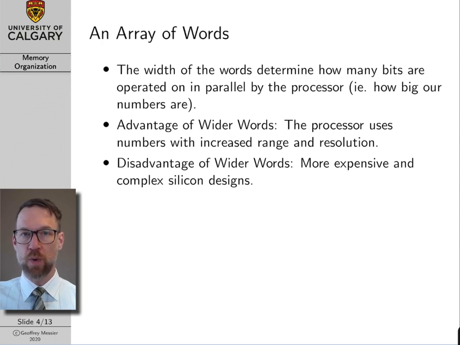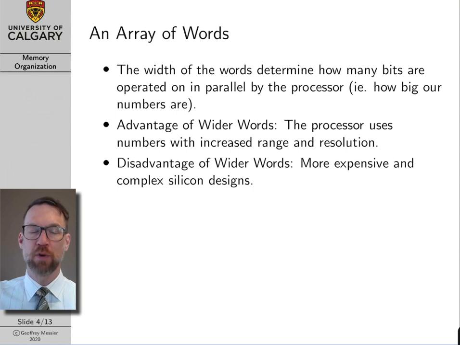The disadvantage of wider words is basically cost. The wider your words, the wider the buses on your computer chip have to be in order to transfer all of those bits in parallel. So a 32-bit word typically requires buses that consist of 32 parallel wires. 64-bit words would be 64 parallel wires, and so on. And of course, at this particular time when I'm recording this video, most modern processors are 64 bits. And so if you buy a laptop, even your smartphone, typically those processors are 64 bits. And it's relatively rare to see